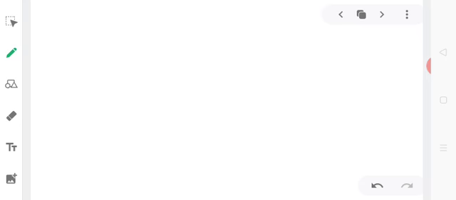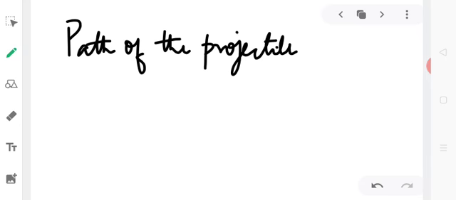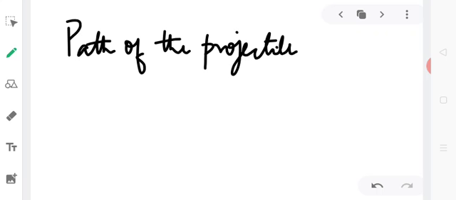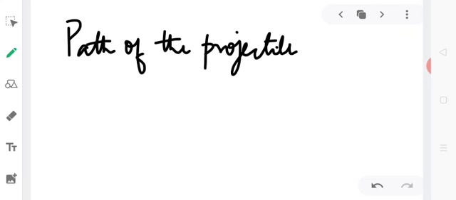Now let us find out the path of the projectile. Suppose at any time t, the object reaches at P, the coordinates are x, y, where x is the horizontal distance traveled by the object in time t, and y is the vertical distance traveled by object in time t. So for